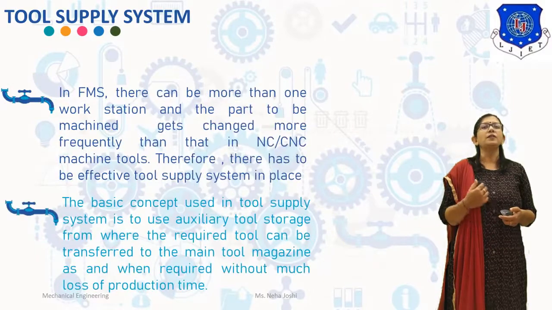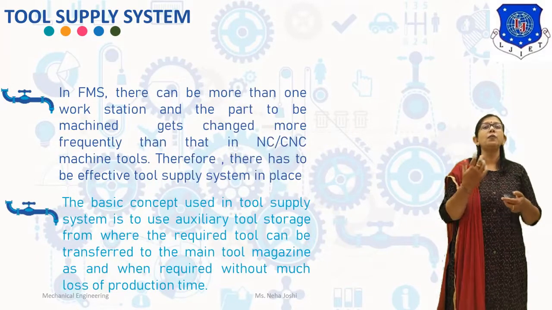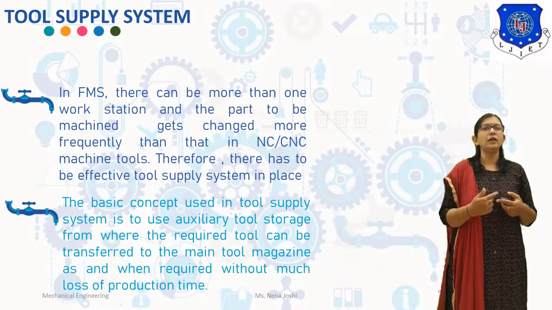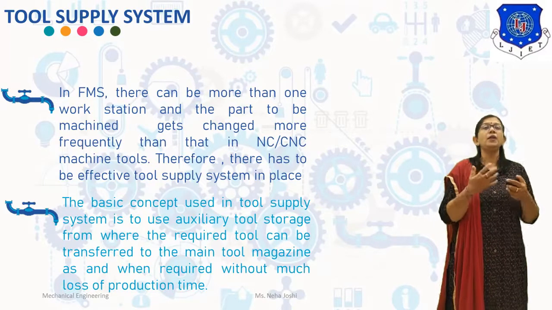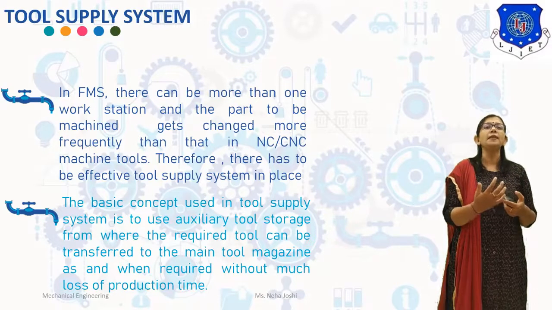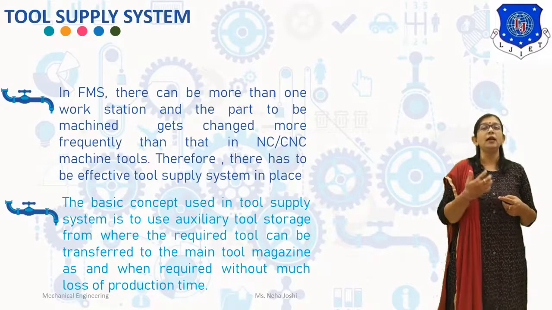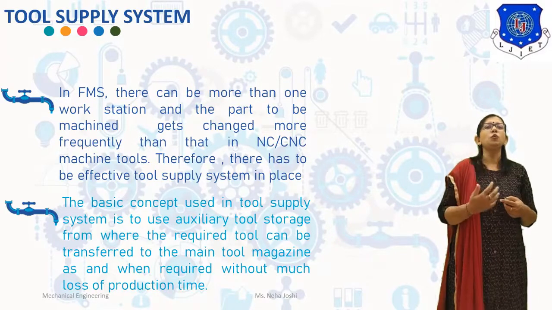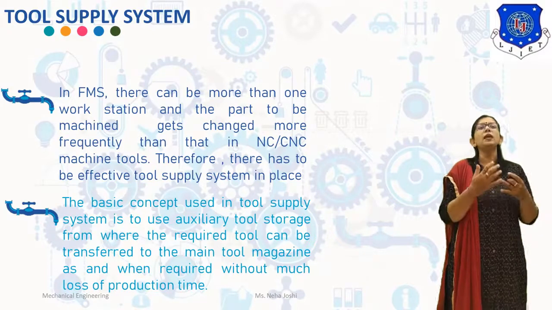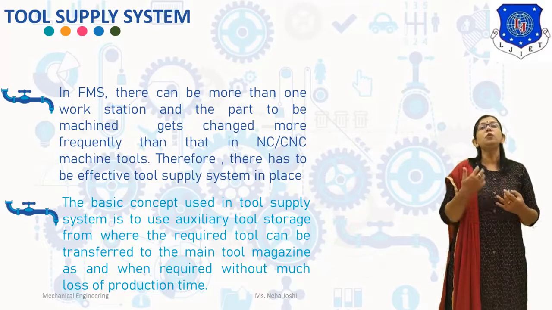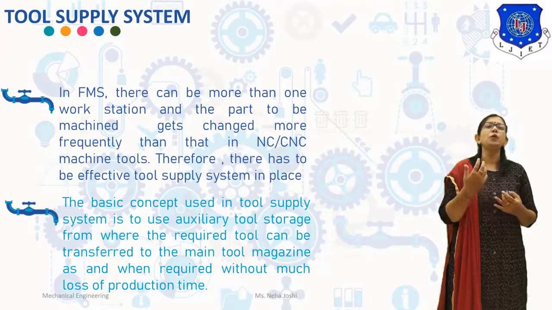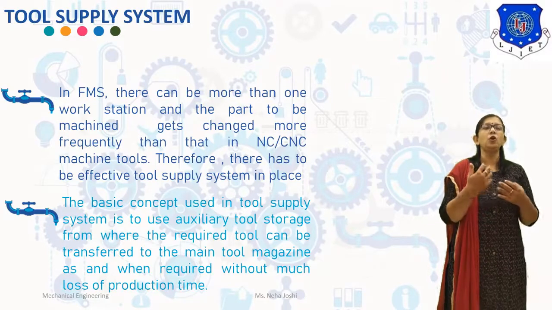In an automated manufacturing system, the set of tools has to be supplied to the system and taken out from the system at regular intervals depending upon the requirement. Now in CNC and NC machine tools and FMS, all the tools are mounted on the tool magazine of an automatic tool changer at the beginning. If any tool has to be replaced from the tool magazine during the operations, the machine tool may have to be stopped. This will lead to the loss of production time, hence an alternative method has to be used to replace the tool from the tool magazine during the operations.